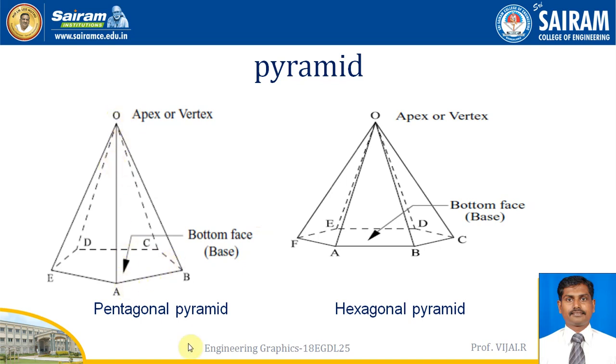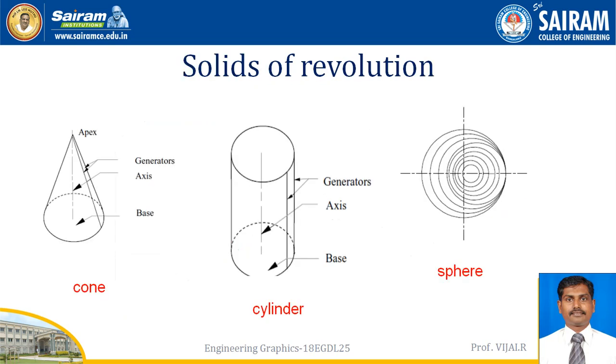So now in this module what we are going to see is how we draw the projection of solids when they are resting on a slant edge or triangular face. And the solids of revolution we have already discussed. The plane which revolves around the axis will create a solid. If you take a triangular plane and it rotates along the axis, it will create a cone. If a rectangular plane rotates along the axis, it will create a cylinder. Here it's a sphere, that is, a semicircle rotates.